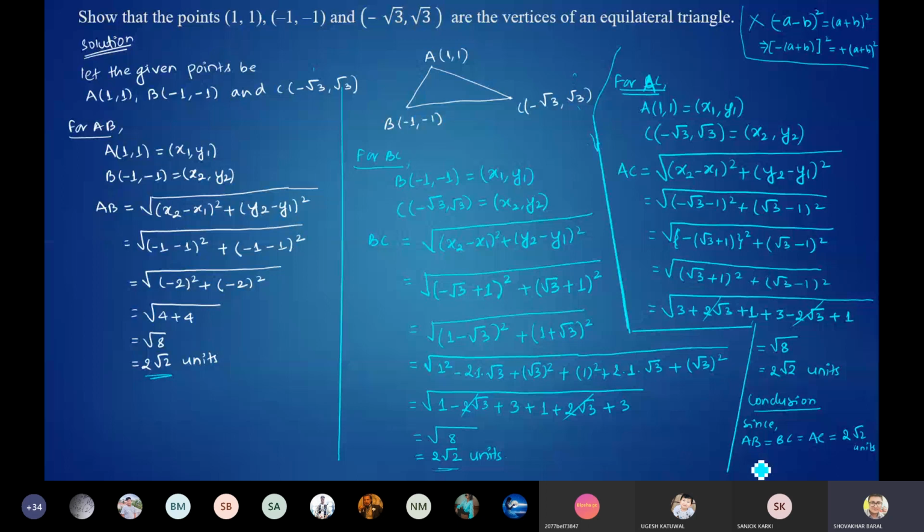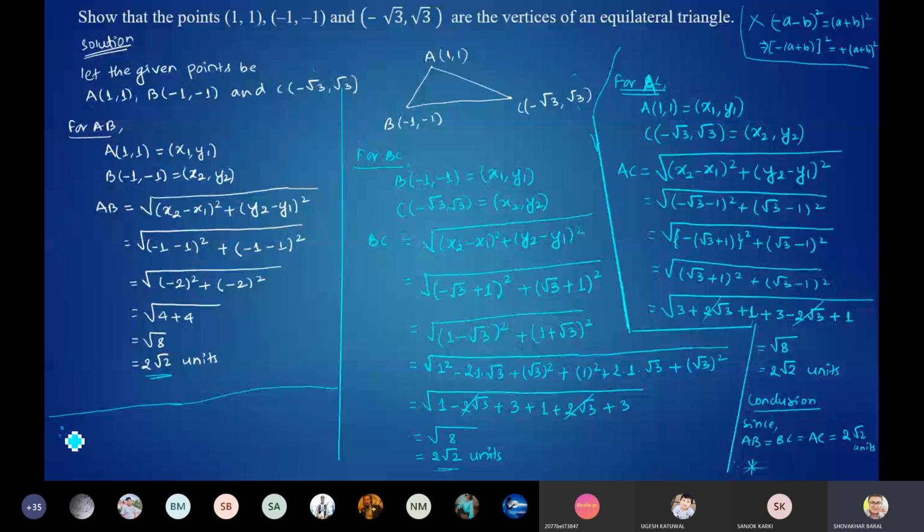If you are not able to see, please zoom it by using your fingertips if you are on mobile. Otherwise, if you are on a laptop, I think it is not a problem to see here. Therefore, let me write it in a bigger space. Okay, I am writing this part here. Please copy it from here.